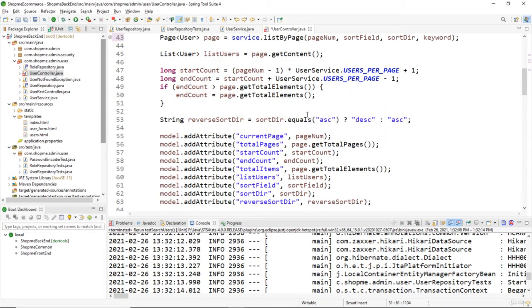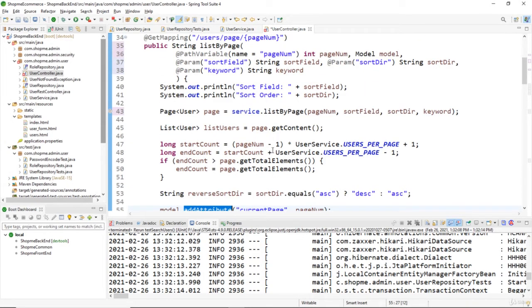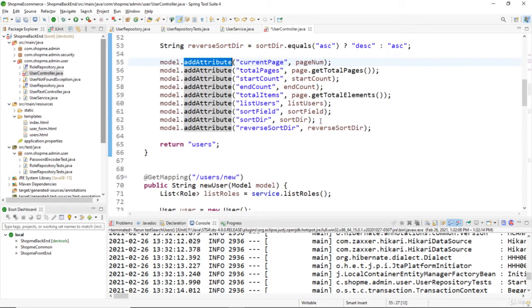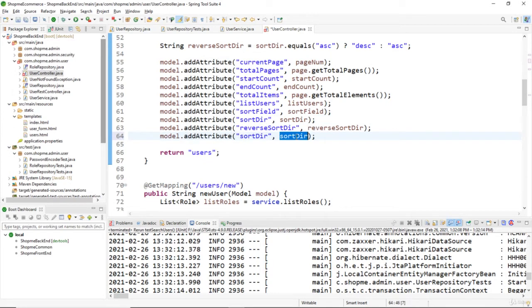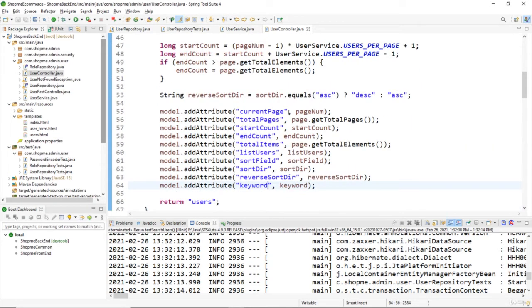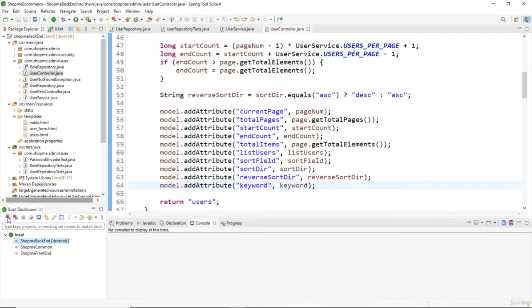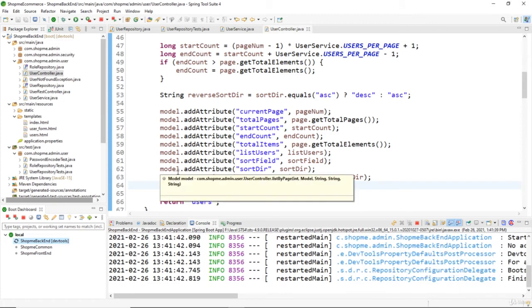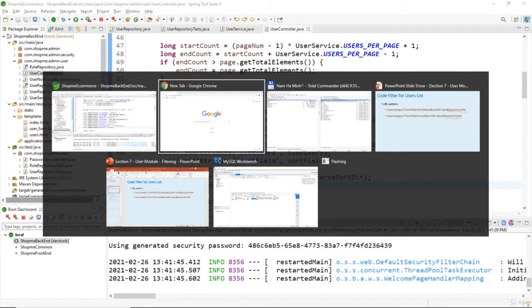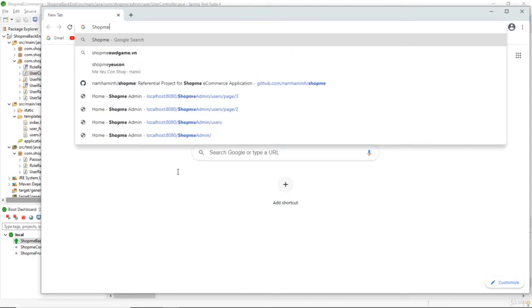Okay, and then we need to add an additional attribute onto the model to send the keyword to the view. Keyword, and that's it for the code for the user service and user controller. That's enough for doing some early testing. So let me start the ShopMe backend application and access it in the Chrome browser, ShopMe admin here,